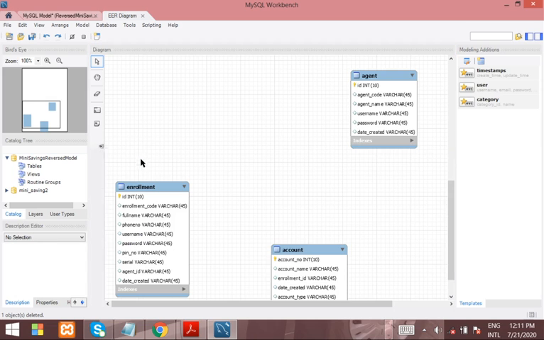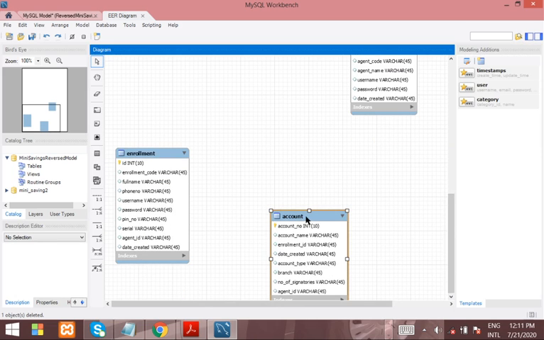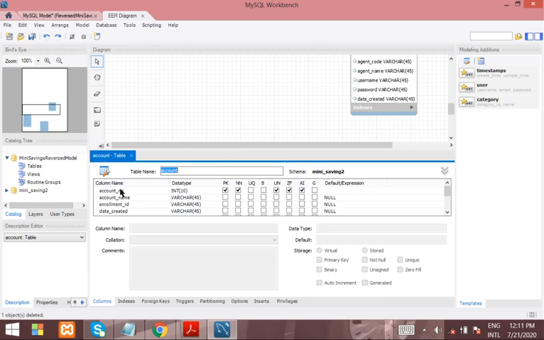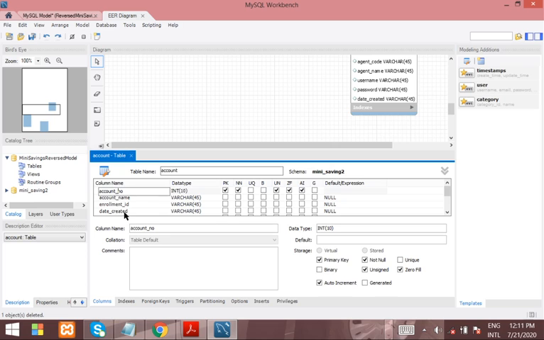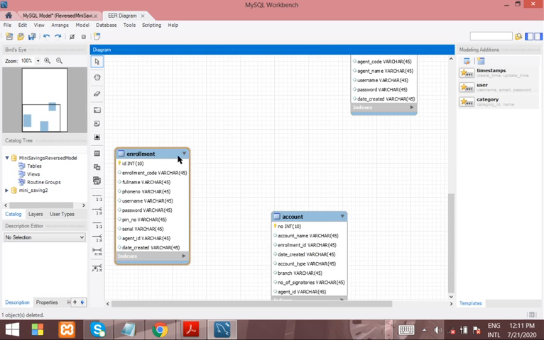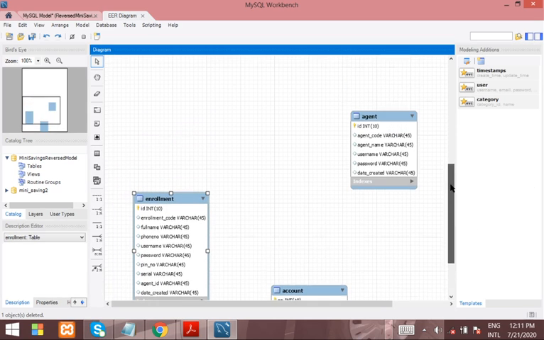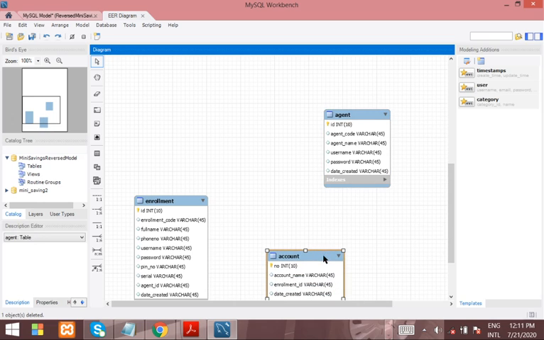Click out, and then you close it. Double click this. Okay, for account, it's going to be just number. Double click it and remove this.